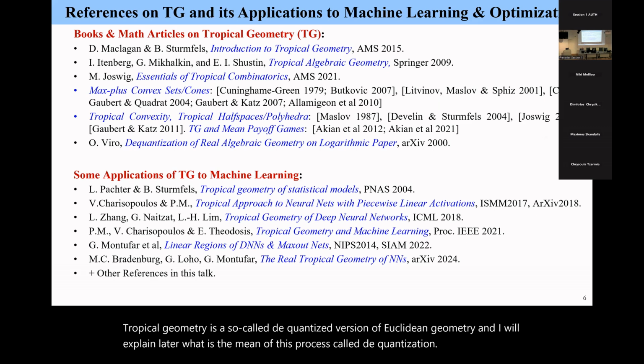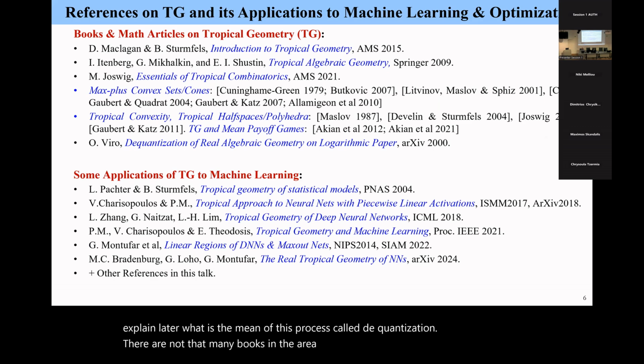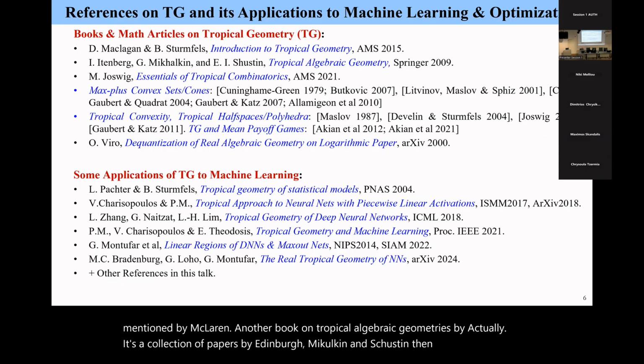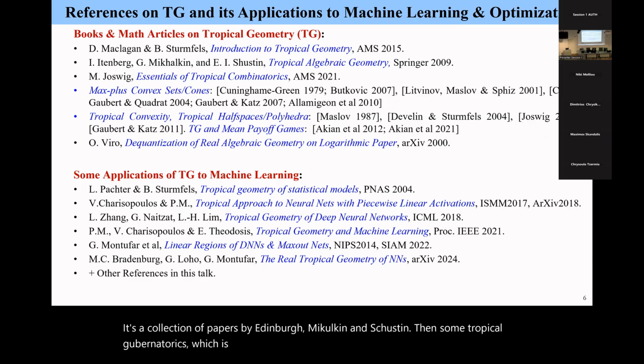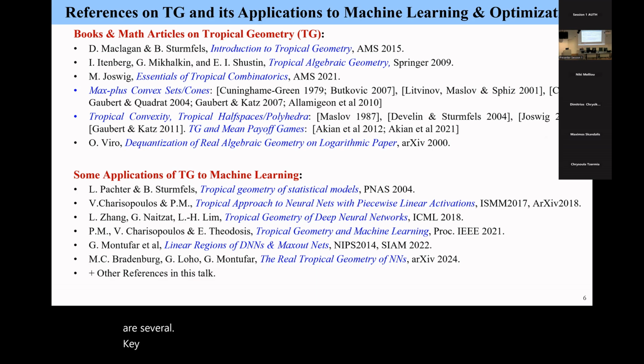There are not that many books in the area yet. One of the few books is the one I mentioned by Maclagan and Sturmfels. Another book on tropical algebraic geometry is actually a collection of papers by Itenberg, Mikhalkin and Shustin. Then some tropical combinatorics, which is more of a tropical algebraic viewpoint, by Joswig. And then there are several key papers by the French max-plus group, Stéphane Gaubert, Marianne Akian, and their collaborators,